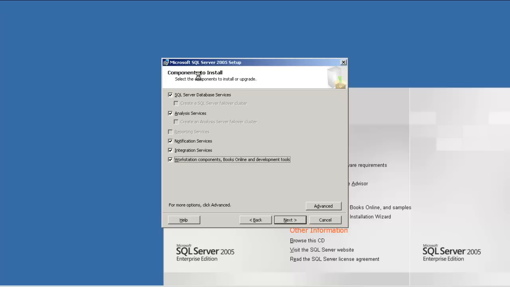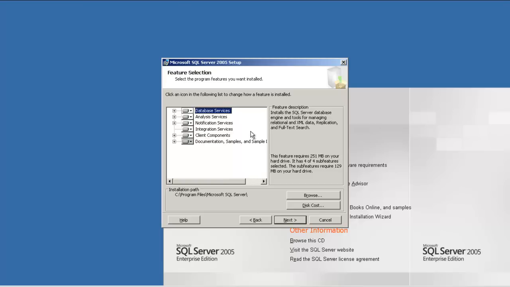Okay, now there is an advanced option. Suppose I want to select the database as well. If you do not go to the advanced option, the database is not selected, so you may not have the database whenever you install SQL Server. If you want to have the database in SQL Server 2000, you have to go to the advanced option and select the database. As you can see, everything has been selected here.